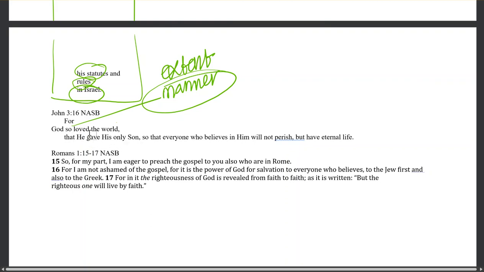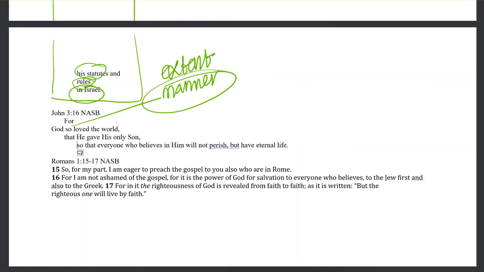So, for God so loved the world that he gave his only son, so that says purpose. So while we might have called this manner, and I'm not going to call it, you can write it down as manner, because I have to move my keyboard and type it out, and that would slow me down. Okay. So that everyone who believes in him will not perish, but have everlasting life. Even if you didn't structure it any more, you see that this is a manner.